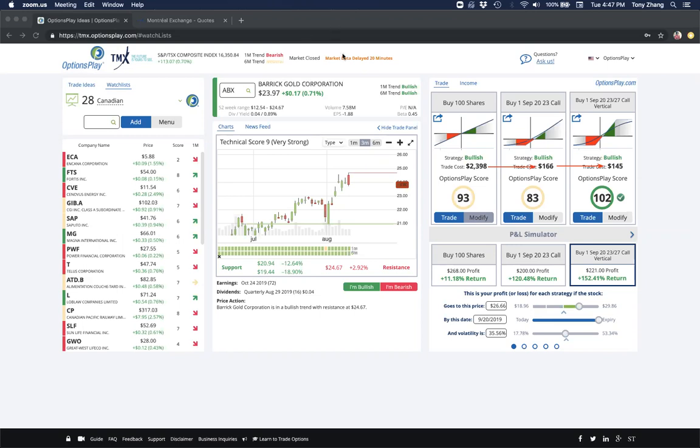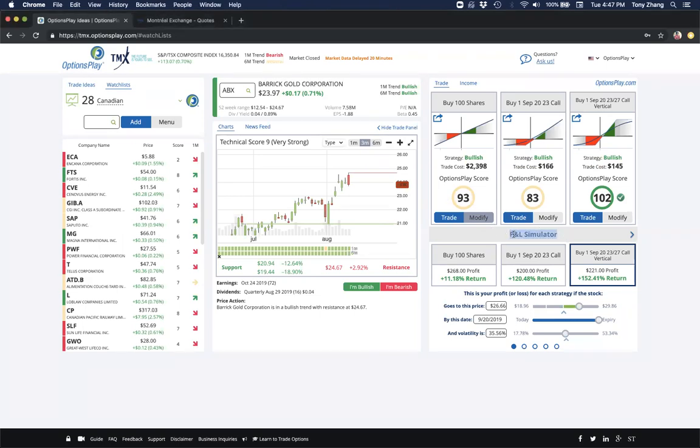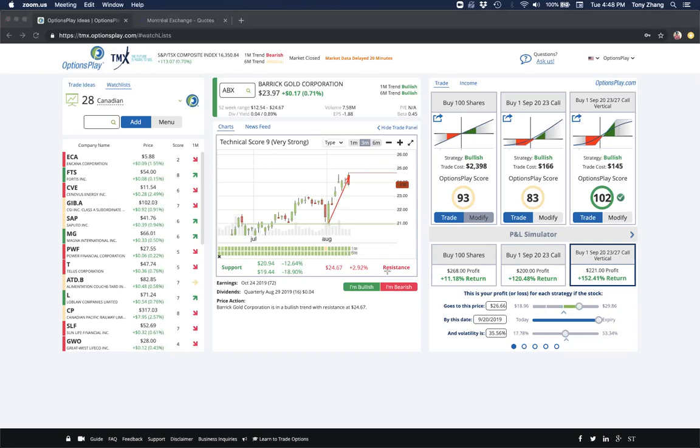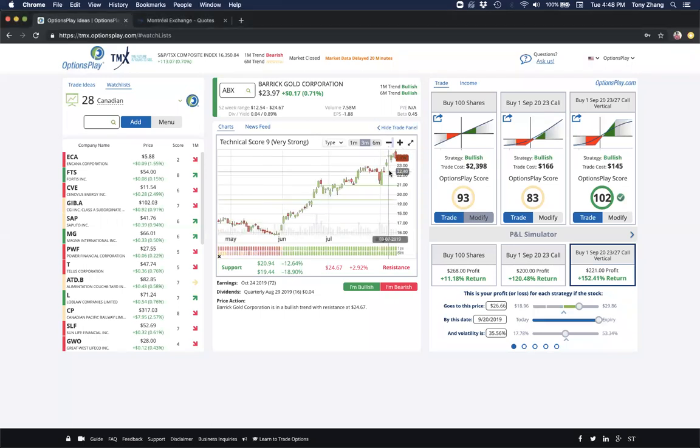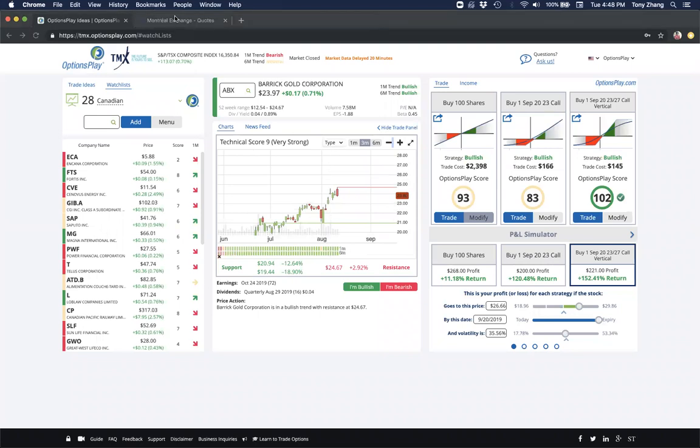And what we want to do is use our P&L simulator here at the bottom to give us a sense for how much money we would actually make if we were right on this trade. And more importantly, if we were wrong on this trade, how much money do we lose? So if we look at this stock, it recently rallied from 21 to about 24, almost 25, within a short period of just less than 2 weeks. So even if we expect this stock to pull back a little and rally a little higher to maybe the 26, 27 level,